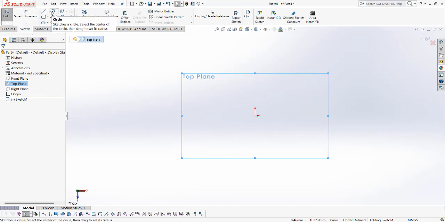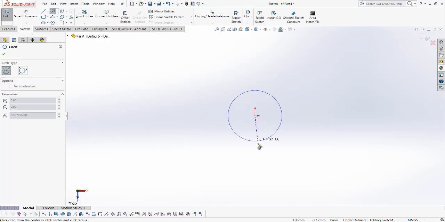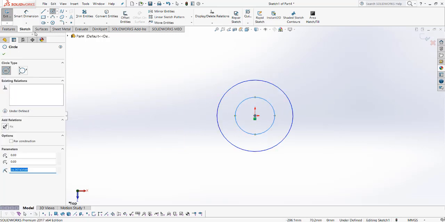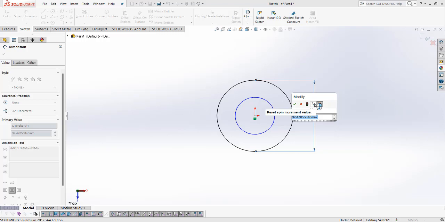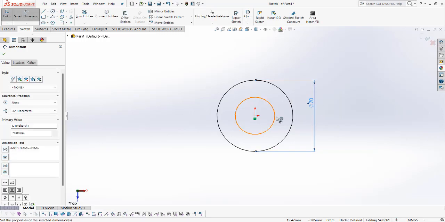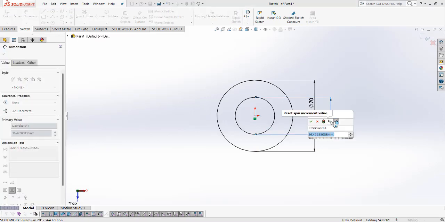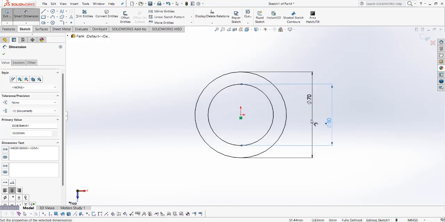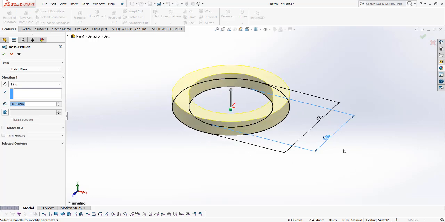Okay, we can do circles and dimension take 70 and inner dimension is 50. Okay, now feature then extrude up to 20 mm. Okay,